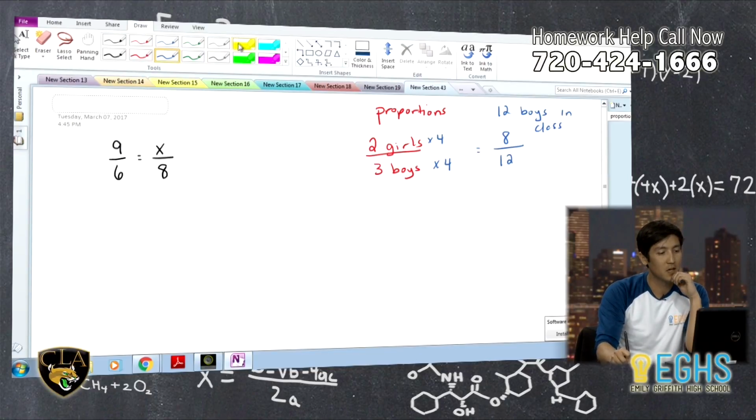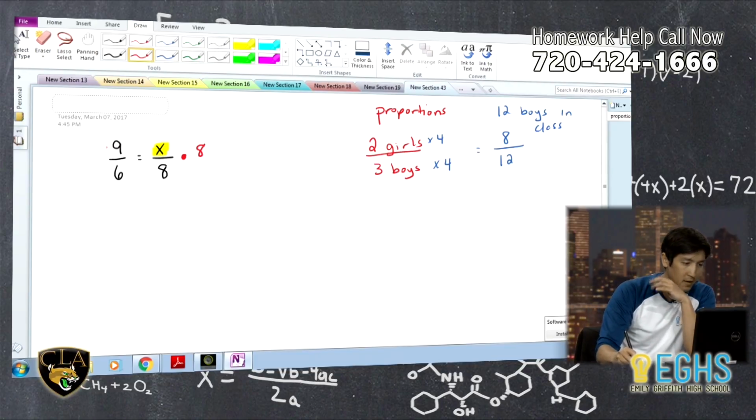So if I'm solving for x, the first thing I look at is what I do every time I solve equations: what is happening to x right now? Well, x is being divided by 8. So to undo that, I do the opposite, which is multiplying by 8. And remember, to balance equations, you multiply the other side by 8 as well. The goal is to isolate the variable x. So these 8s cancel out, and I'm left with x equals